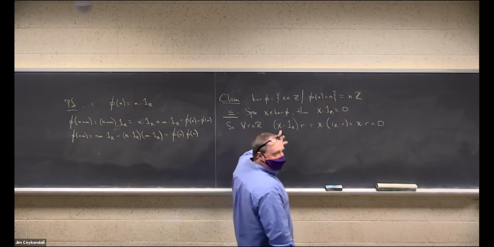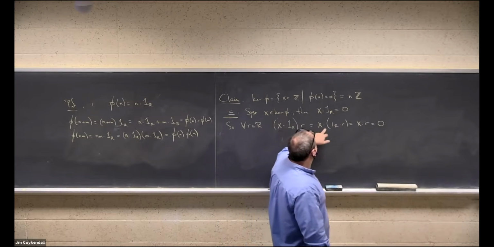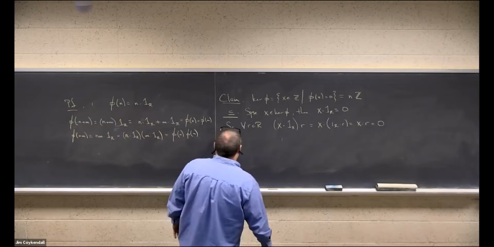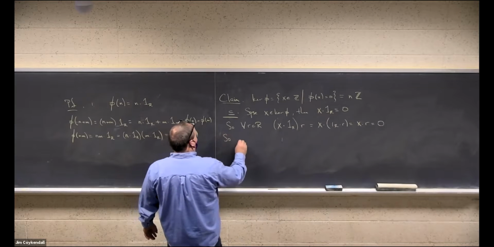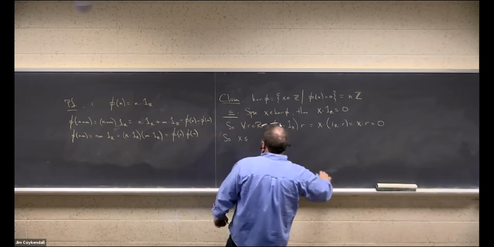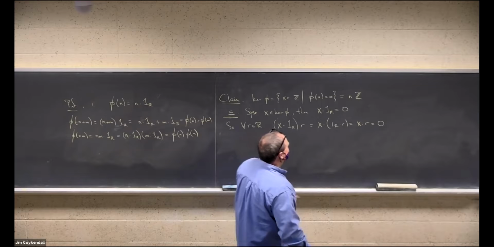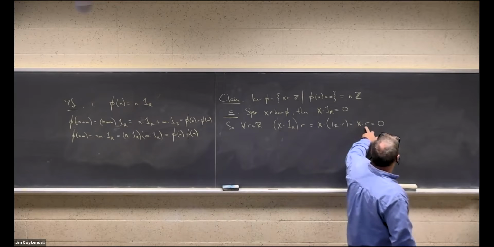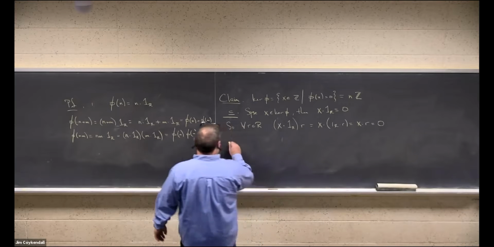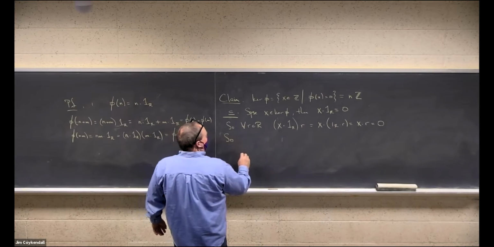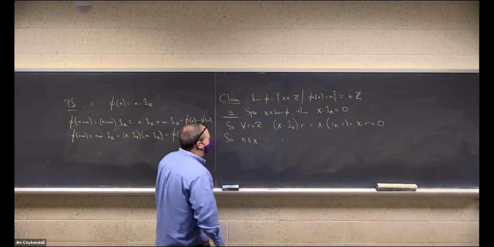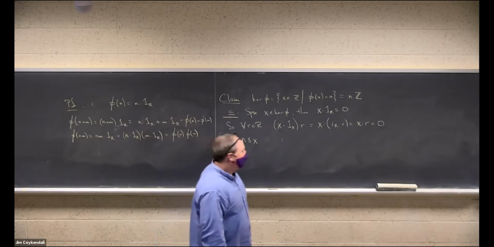Because this is 0, right? 0 times r is 0. So this means that x times r is 0. So what does this mean? So this means that x times anything in r is 0, right? So n is less than or equal to x, right? Now recall